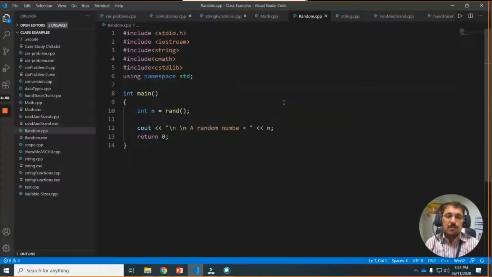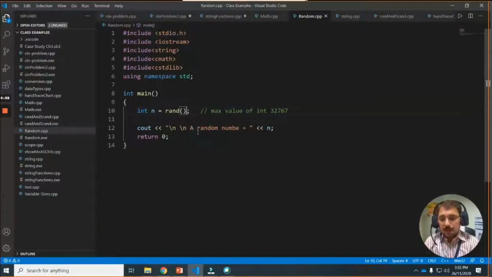The range is from 0 until the max value of int, and that is I think 32767. Okay, so if you want to reduce the range, for example, you want a random number between 1 and 10, okay, then just do like this.